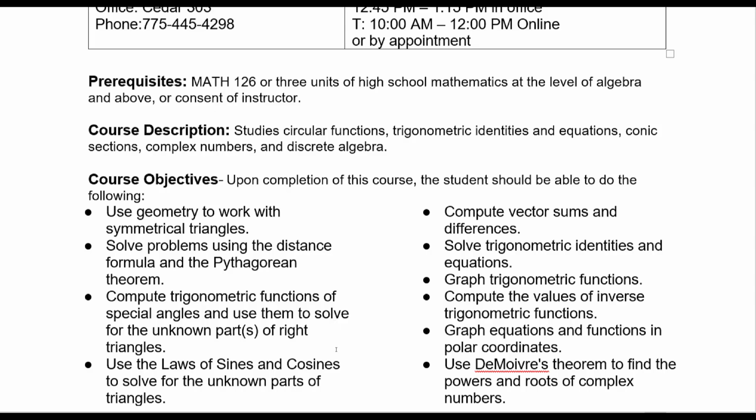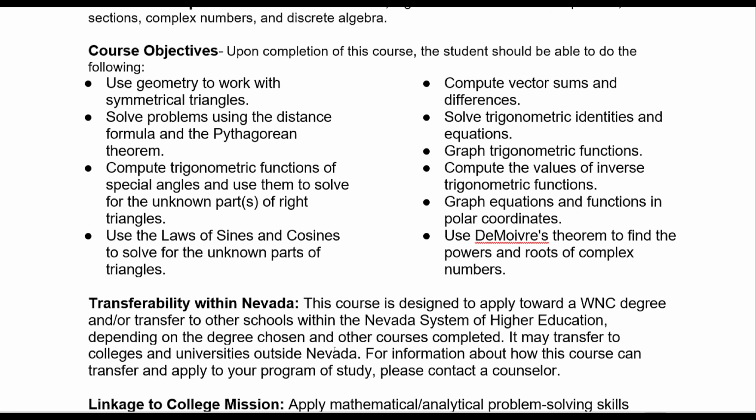Course objectives. Upon completion of this course, the student should be able to do the following: use geometry to work with symmetrical triangles, solve problems using the distance formula and the Pythagorean theorem, compute trigonometric functions of special angles, and use them to solve for the unknown parts of the right triangle. Use the law of sines and cosines to solve for the unknown parts of triangles, compute vector sums and differences, solve trigonometric identities and equations, graph trigonometric functions, compute the values of inverse trigonometric functions, graph equations and functions in polar coordinates,